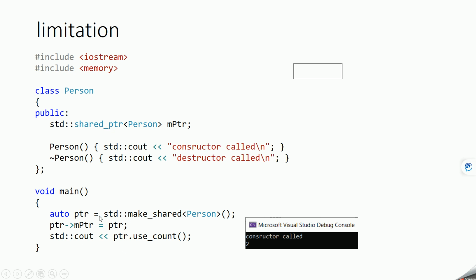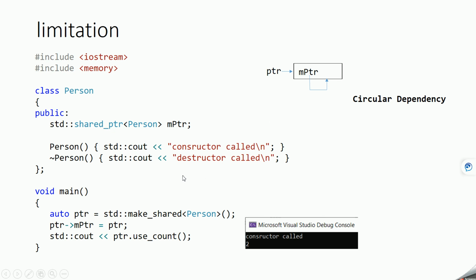So first, at this line of code one memory will be created and this ptr1 ptr will be pointing to this memory. Okay, now at this line of code, this mptr, which is the member of this object, we are making this mptr point to this pointer itself. So now this mptr is pointing to itself. So this is a kind of circular dependency. So because of this circular dependency, this ptr will never go out of scope. Okay, and the memory will never get deleted.